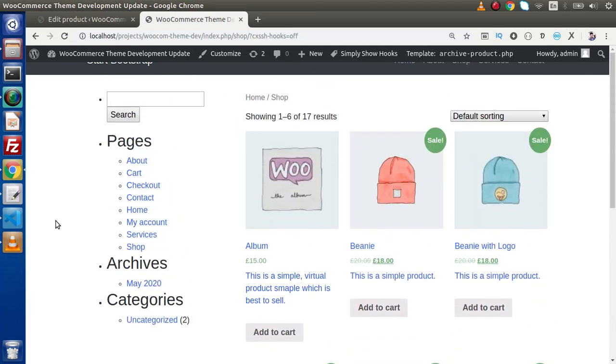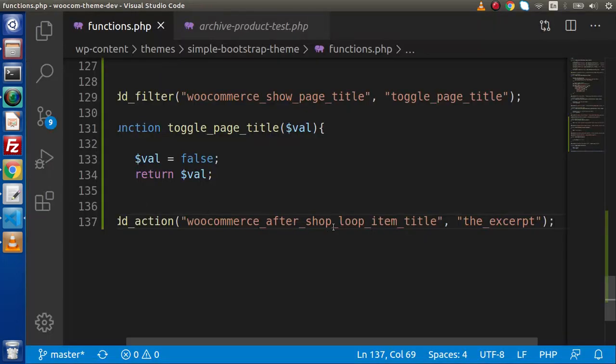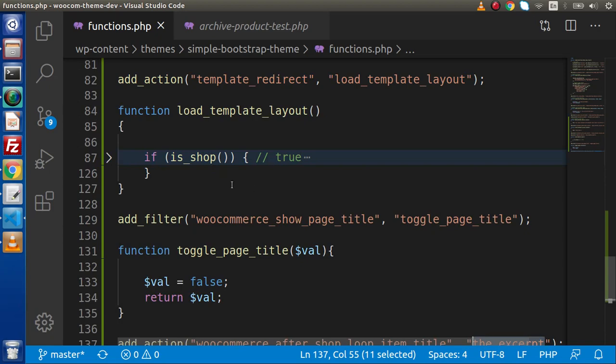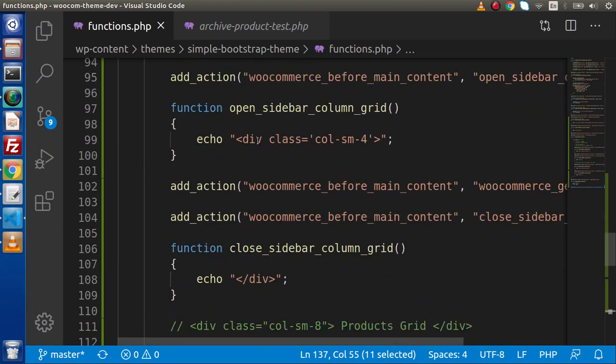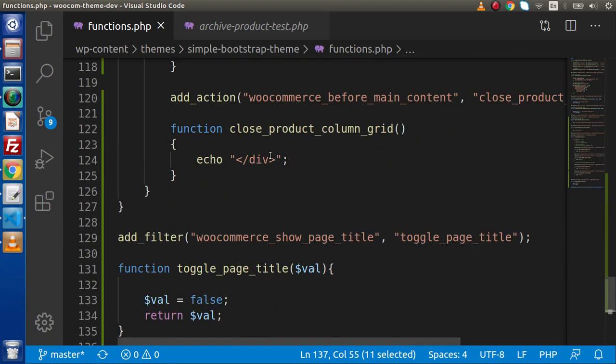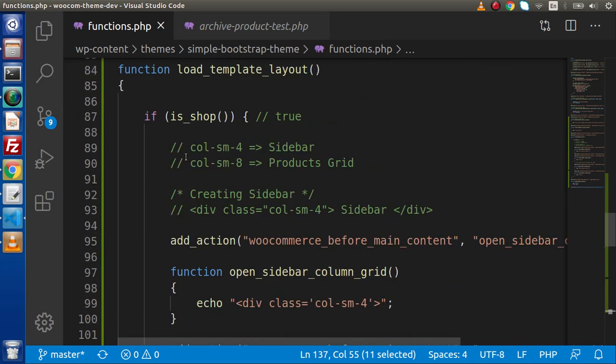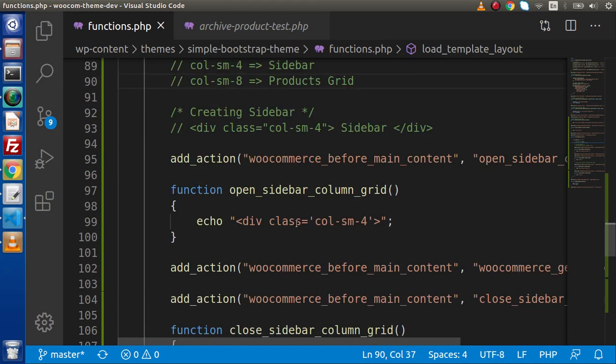So simply we have controlled the short description by using this action hook, and while using this action hook we are using the short description, or let's say the excerpt value. And also one more thing: in our previous lecture we saw that we customized the archive-product layout completely by making our column grids. So if we want to see in the front end how we can use these functions as the priority order,